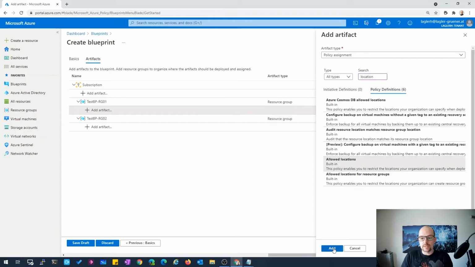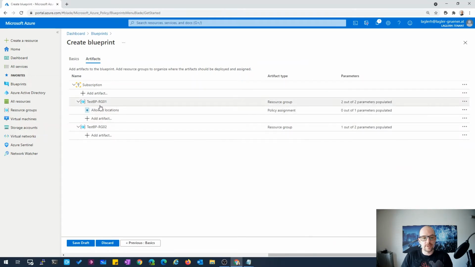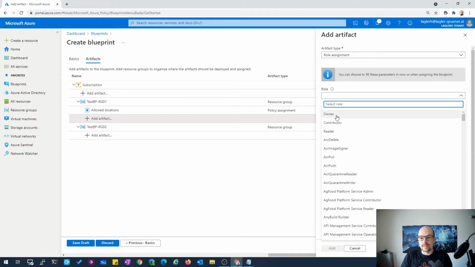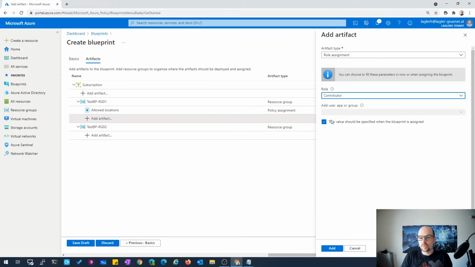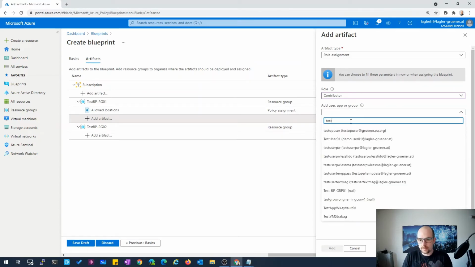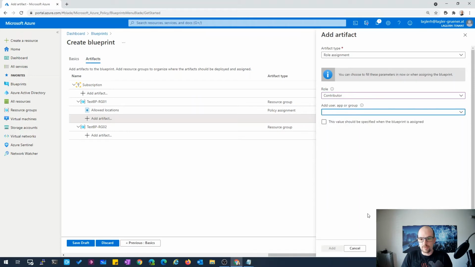I want to use the allowed location policy for this resource group, and I also want to add a custom role assignment. I click here on the contributor role, and I have a separate group named test blueprint.